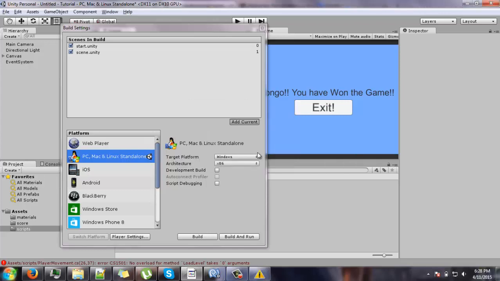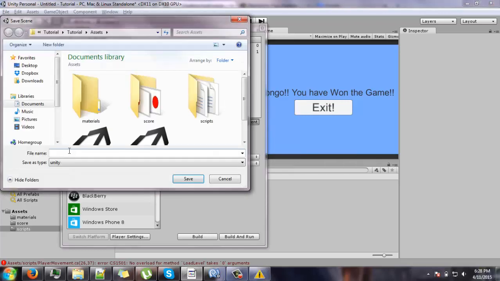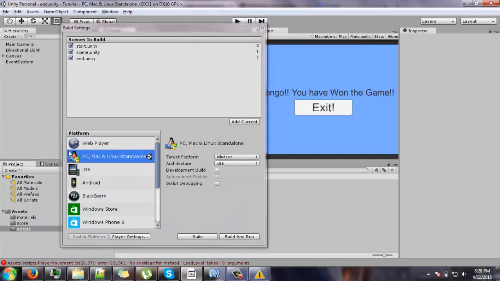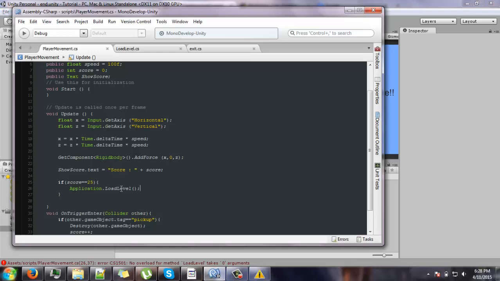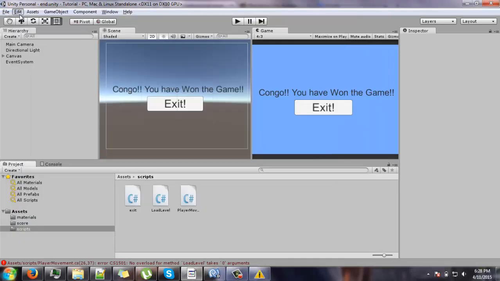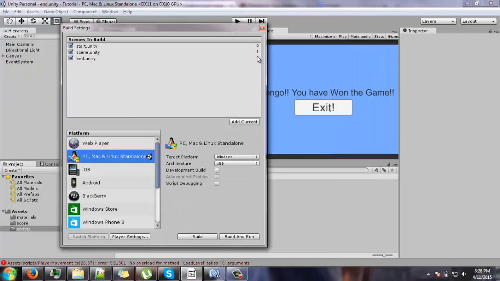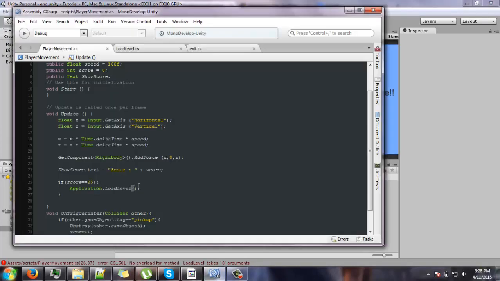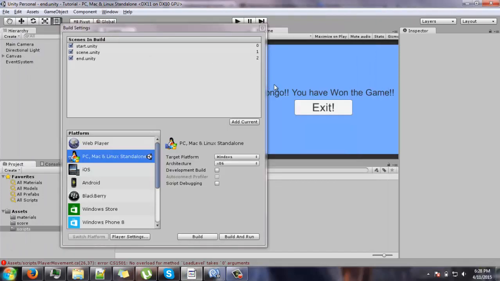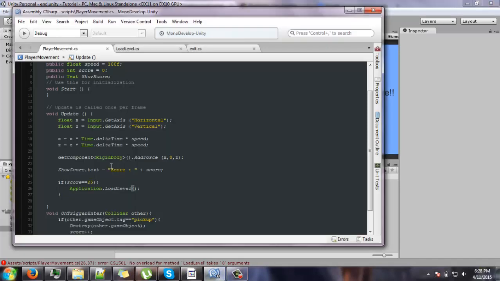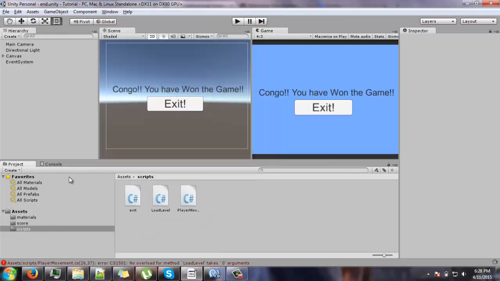Simply save it, name it end, add it to the build setting, and go to a script, and we can see the number. We have to write this number here. Okay, so the number was 2. Save the scene, go back to the